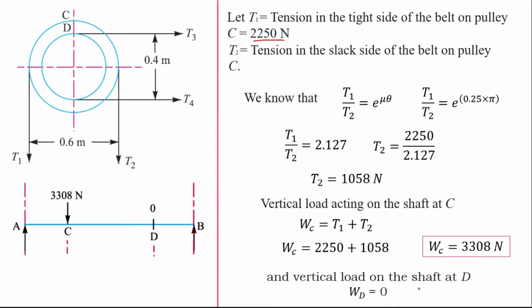that we have written. Now here you will get the diagram: if you see the side view, this is the bearing A and here is the bearing C, and at point C the vertical load we just calculated, right? Here, due to this pulley C, the load acting on pulley C is shown, and at point D the vertical load is 0. So therefore this is the vertical load diagram we will get.